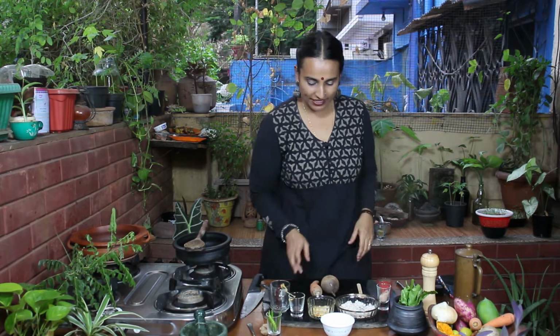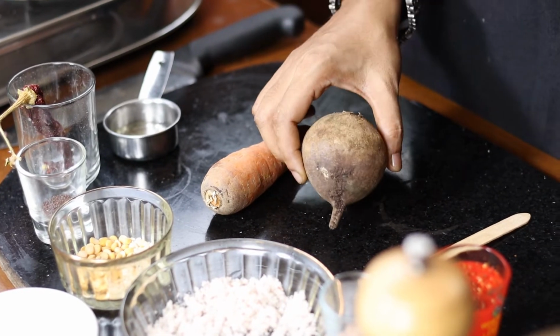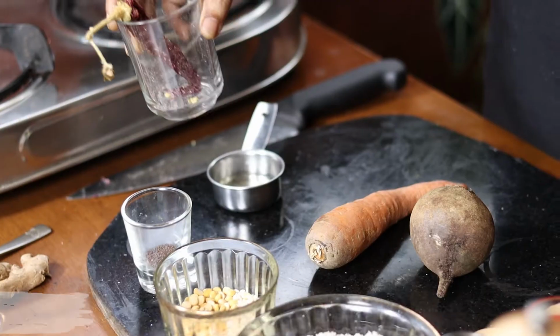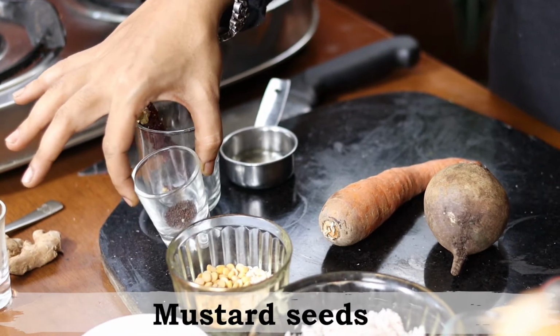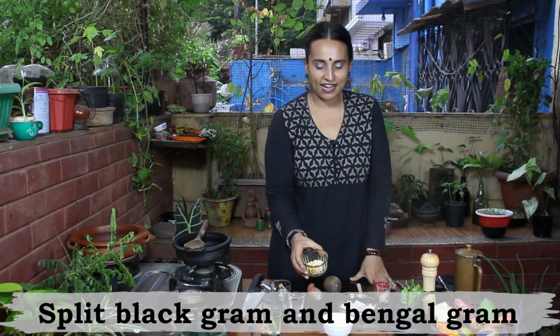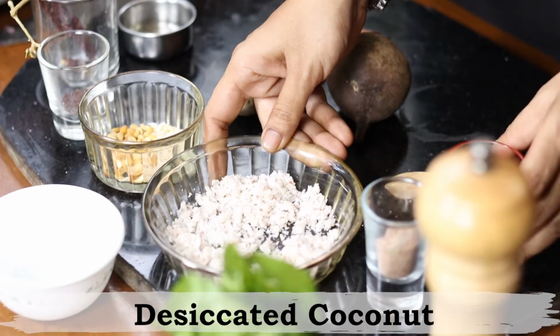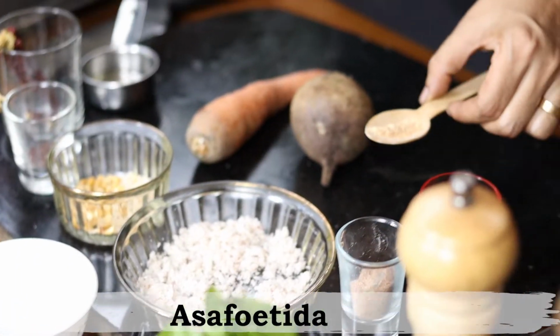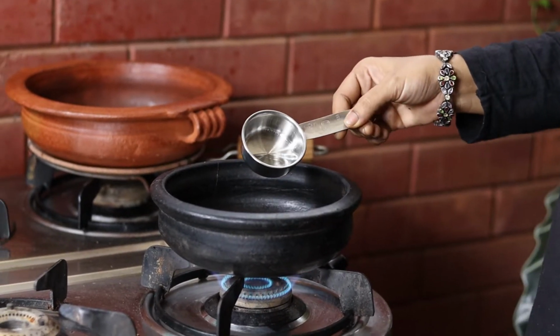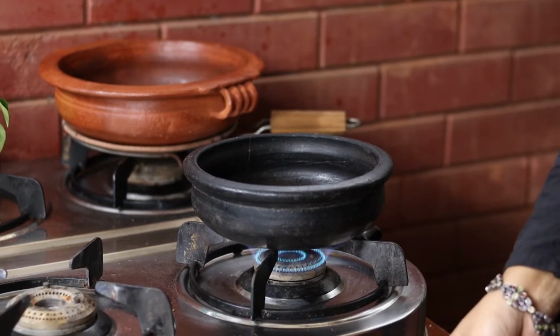So for this we need one medium size raw carrot, one medium size raw beetroot, one dry red chili, some mustard seeds, some split black gram and Bengal gram, some desiccated coconut, a little bit of asafoetida and some Himalayan pink salt. And once the pan is heated, we'll add about 1 tablespoon of coconut oil, and once the oil